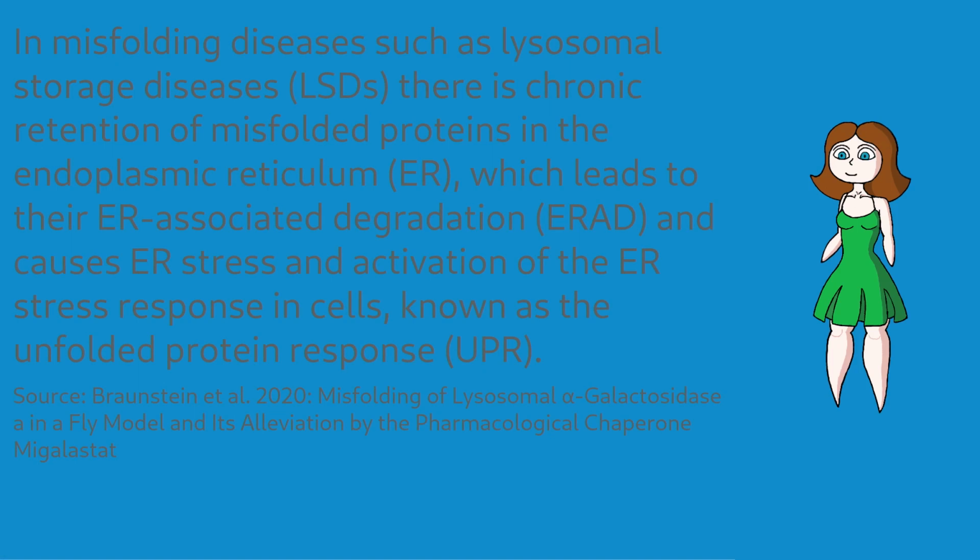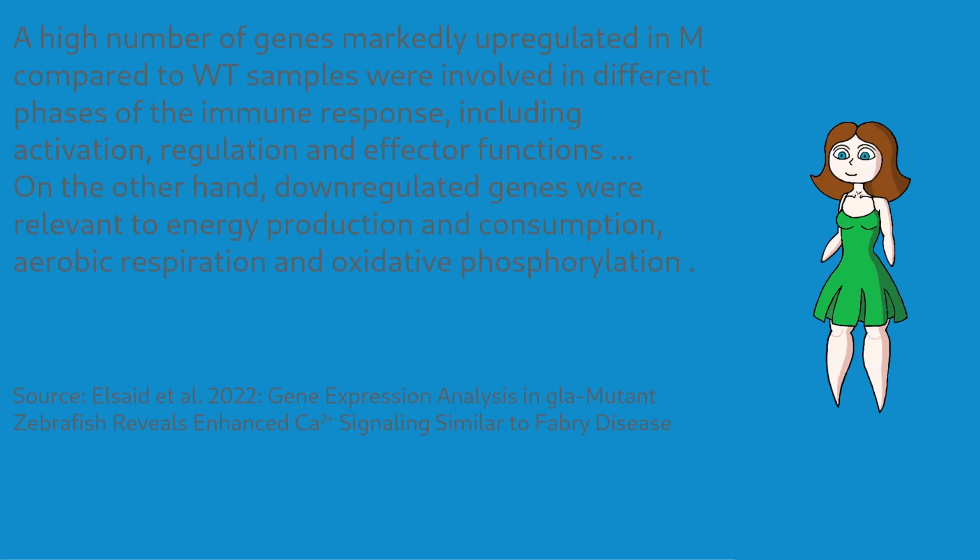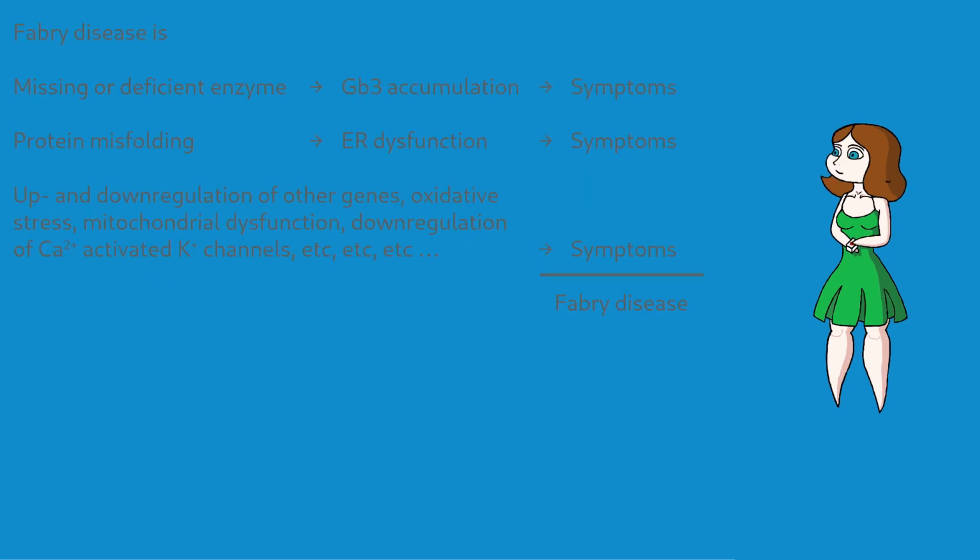Fabienne is quite convinced that endoplasmatic reticulum stress is more of a problem for her than lysosomal storage is, but her voice doesn't count. And in a paper published last year, yet another explanation for the broad range of Fabry symptoms was suggested. A number of genes involved in the immune system might become more active in Fabry disease. What does that mean? We are only just starting to understand what happens in Fabry disease.